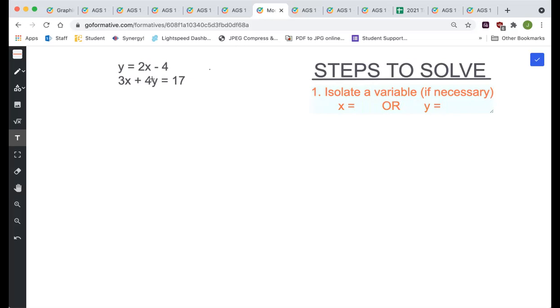If we look at the problem that we've got over here, y equals 2x minus 4, 3x plus 4y equals 17, we have an isolated variable already. So step one, we don't have to do anything. Step one is already done for us. This y is all by itself. It's y equals, which means it's by itself. It is isolated. So step one is to isolate a variable. Once you have an isolated variable,